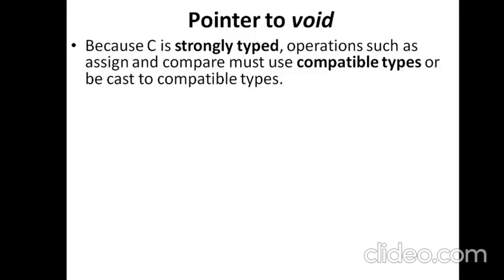Similarly, you can create a pointer of float. Once you have created an integer pointer, it will remain forever an integer pointer. You can never transform that into a float pointer. That is the limitation. You have to create different pointers anticipating different data types, so compatibility needs to be taken care of.